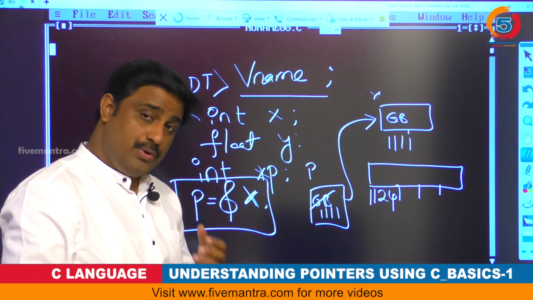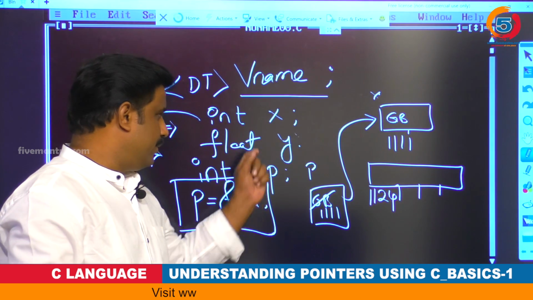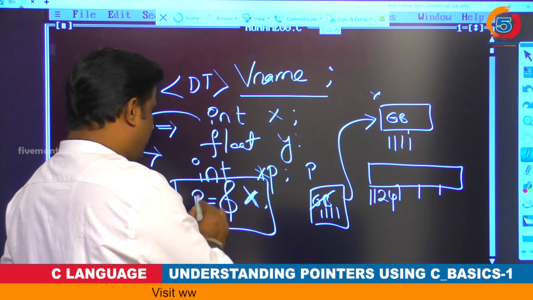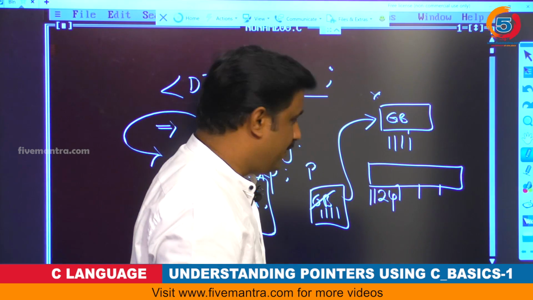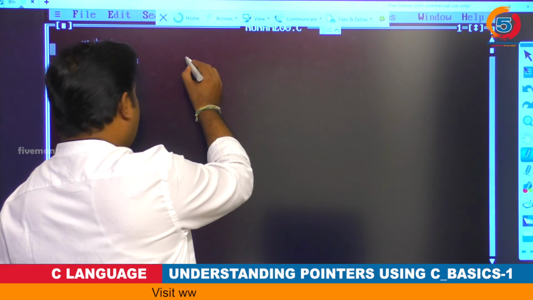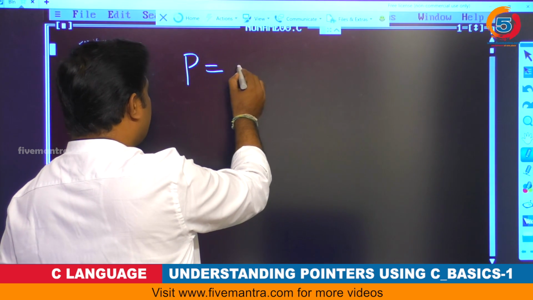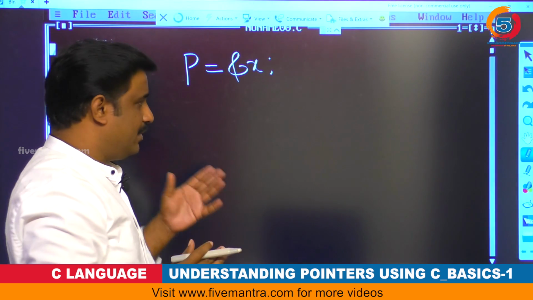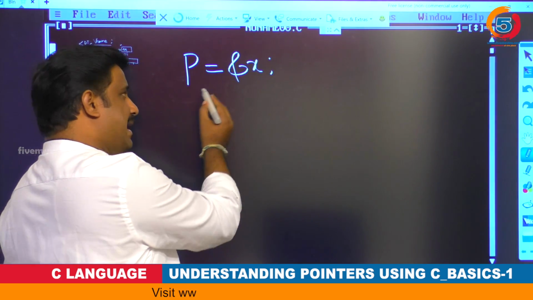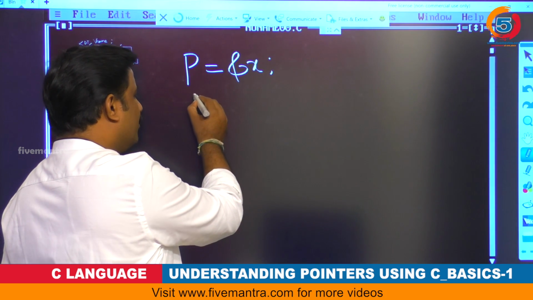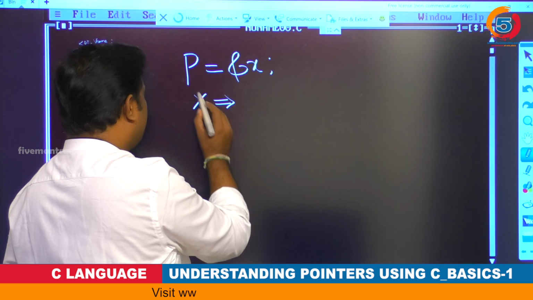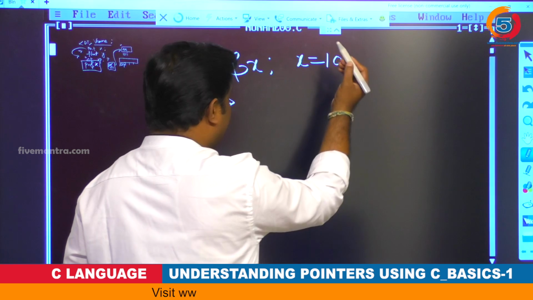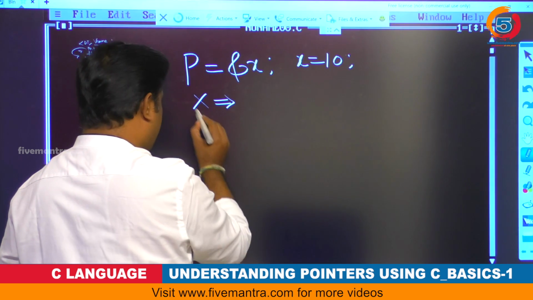But whenever you need data, before I used x directly, right? But indirectly you can print with the help of p. Okay, we'll see how that works. I have a variable, p equal to address of x, I did, right? And when I said address of x, the 1111 will be saved into that one, right? Next, when I want to print the value, x will give the value, right? But here I am giving x equal to 10. Now I need to print with the help of p.